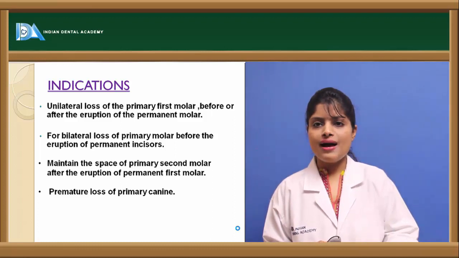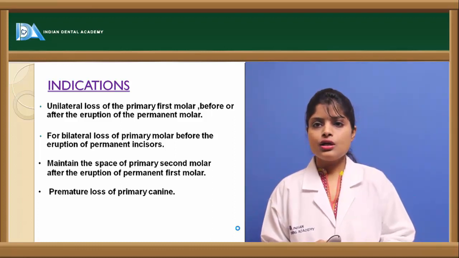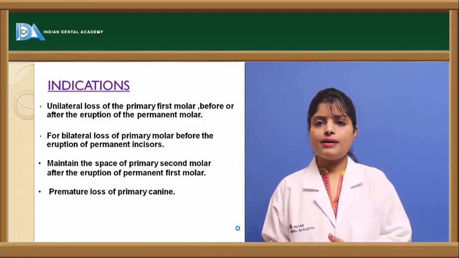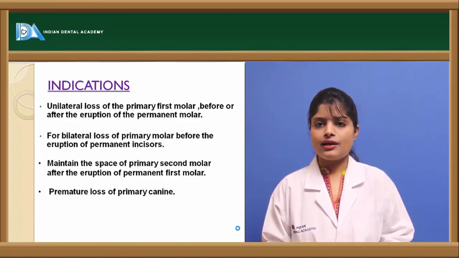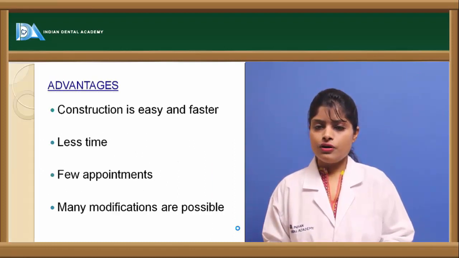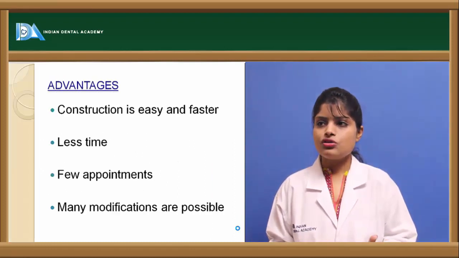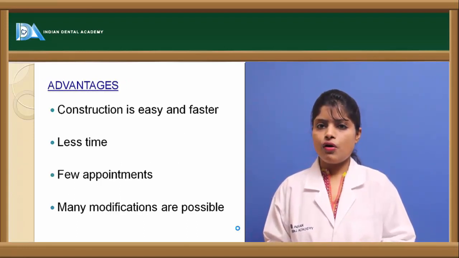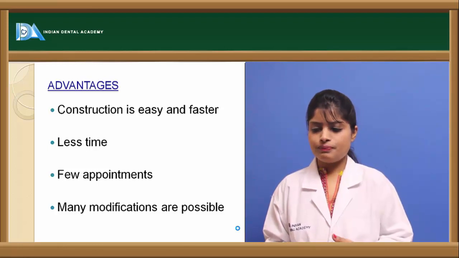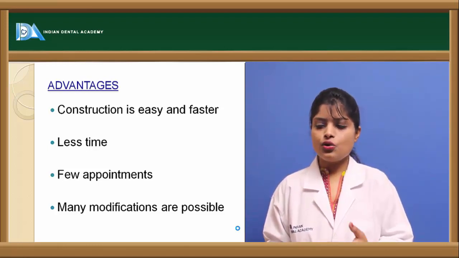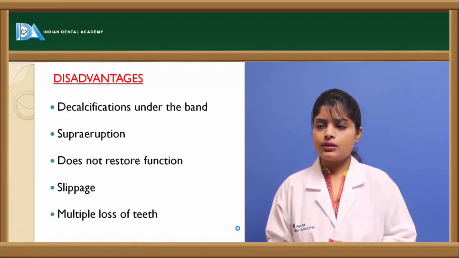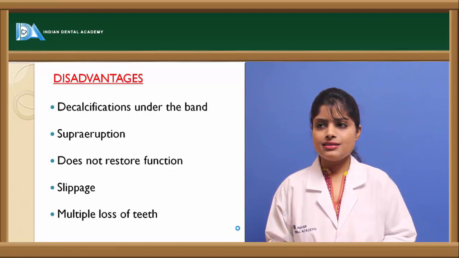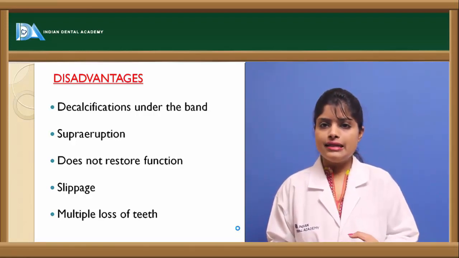For example, a band and loop can be converted into a reverse band and loop appliance, a saddle type of appliance, or an appliance with stoppers, etc. Furthermore, it is an appliance which requires very few appointments for delivering to the patient, and it is easy to construct also. There are certain disadvantages related to this appliance, that is, it can cause decalcification